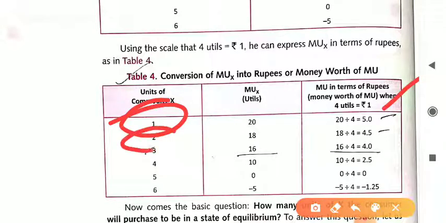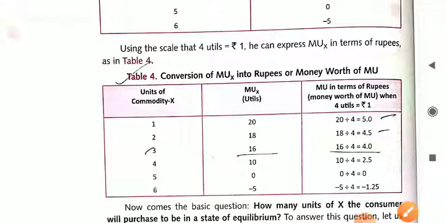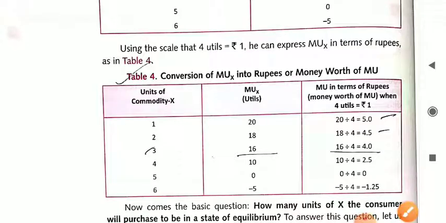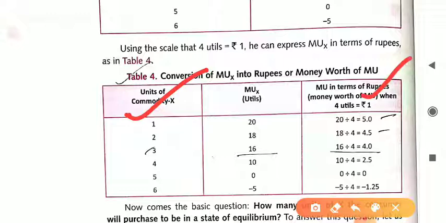Similarly, for the second unit, the marginal utility is 18. 18 divided by 4 utils gives 4.5. Then in the case of the third, fourth, fifth and sixth, in all these cases we divide marginal utility by 4 utils, and we get marginal utility in terms of rupees. So this table represents that when you buy one shirt,